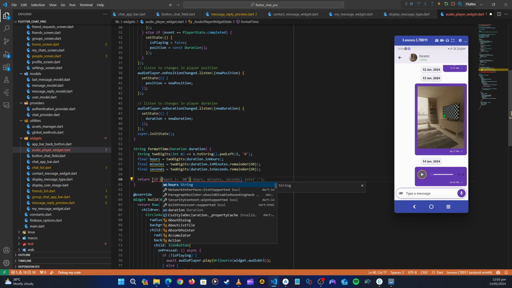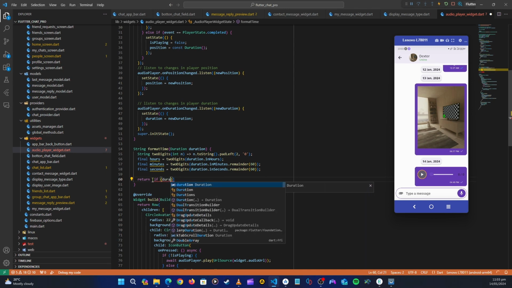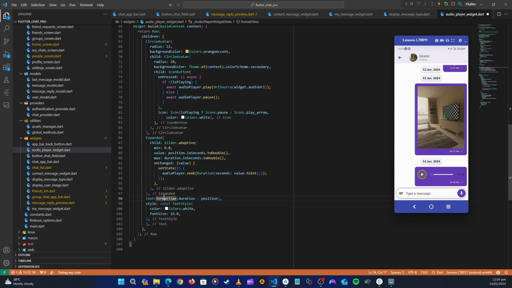Now here we will check the duration. Let's do duration dot in hours. Okay, now that's what we want. If duration dot in hours is equal to 0, we are going to return these hours, minutes, and seconds, and then join. Okay, so that's all. That's how we do this format time, which is here. All right,